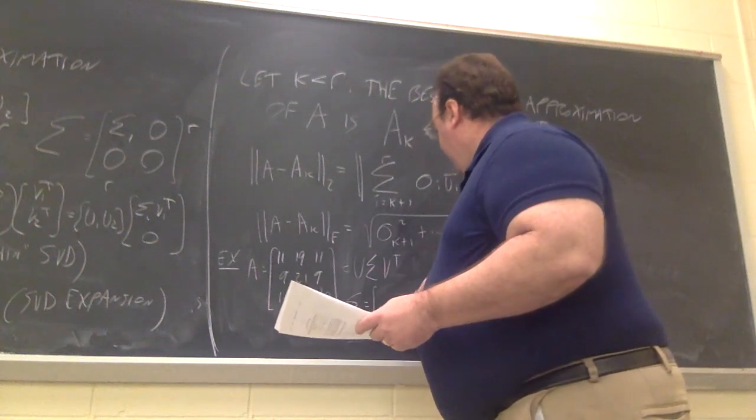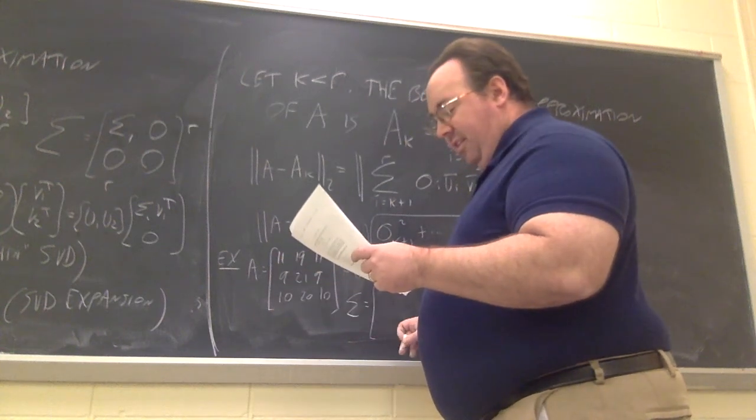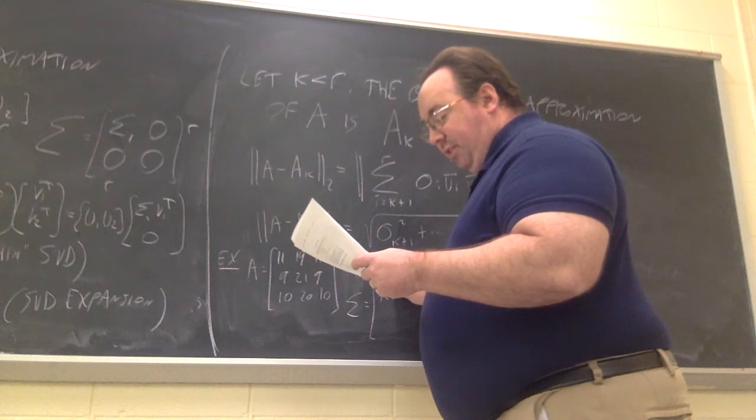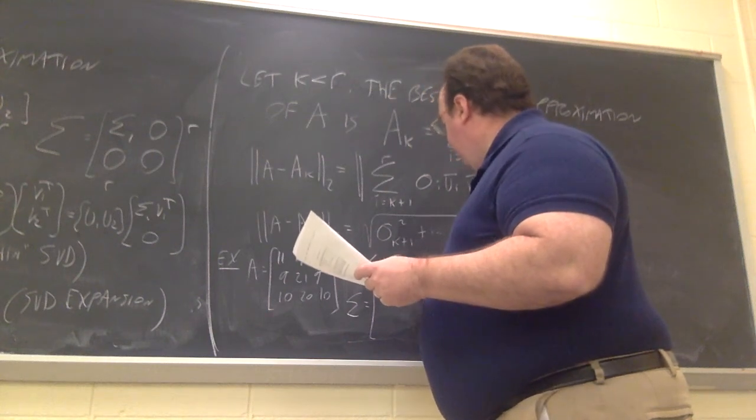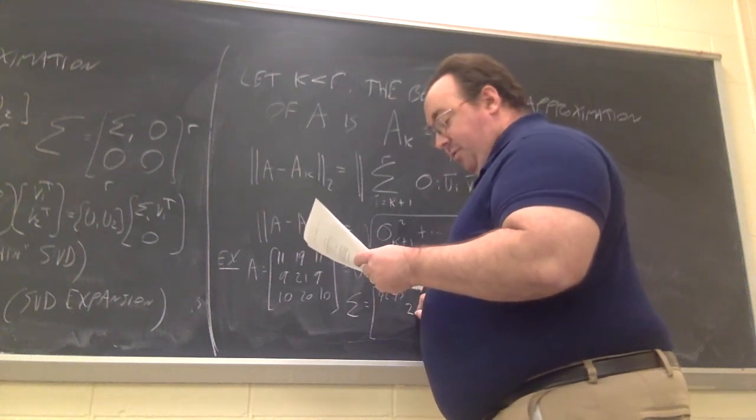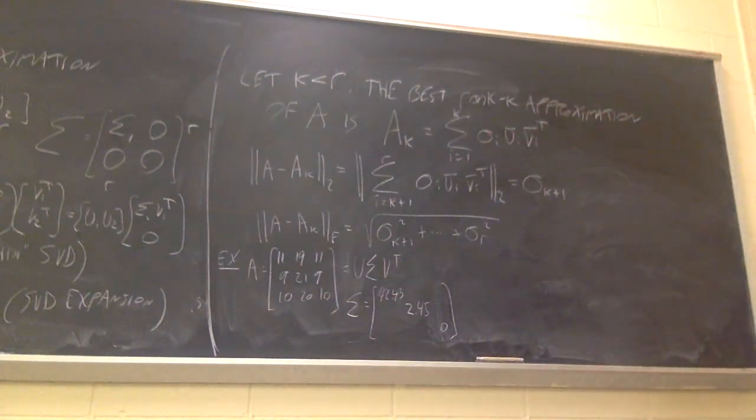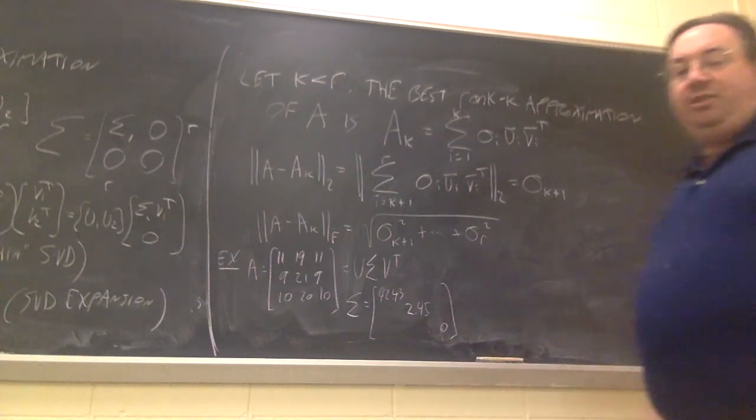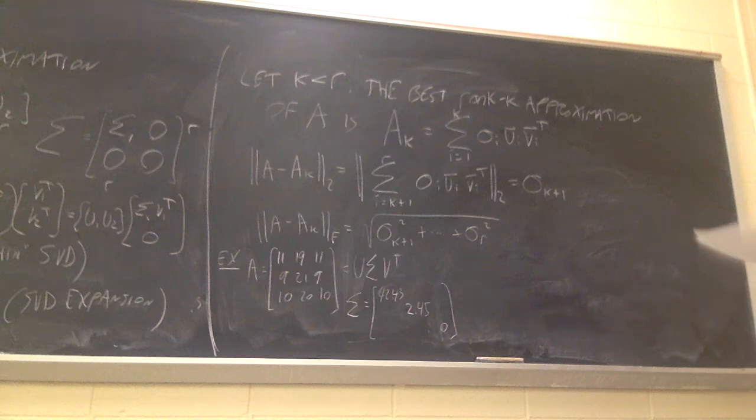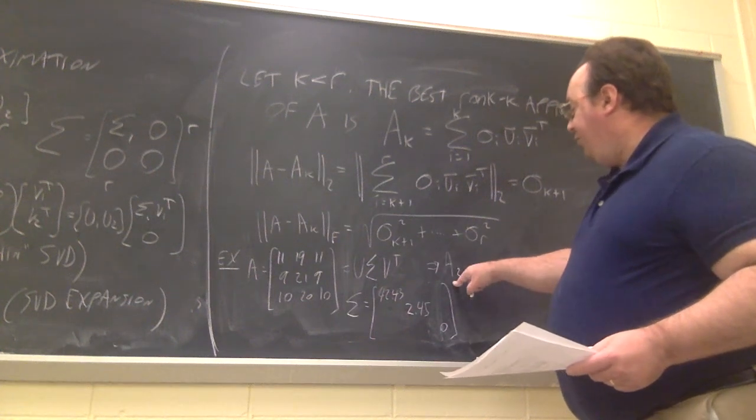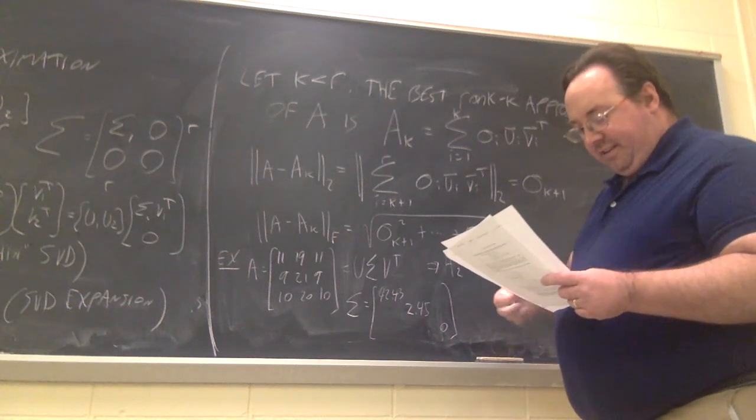Sigma, the singular values are roughly, I'll just keep 2 decimal places, 42.43, 2.45, and 0. So I actually made it a singular matrix. So the rank is the number of non-zero singular values, which is only 2. If I want the rank 2 approximation of A,